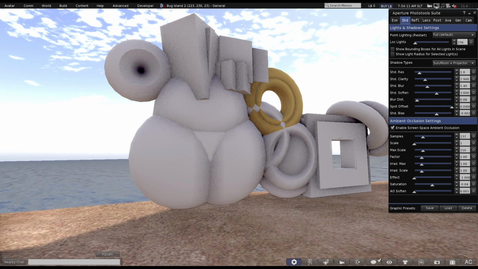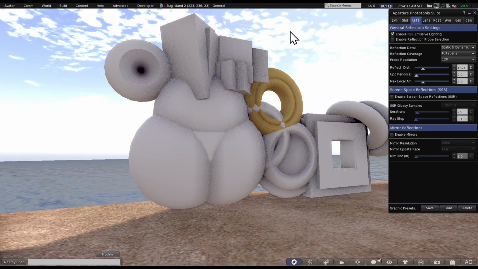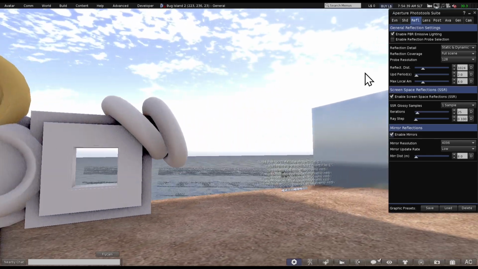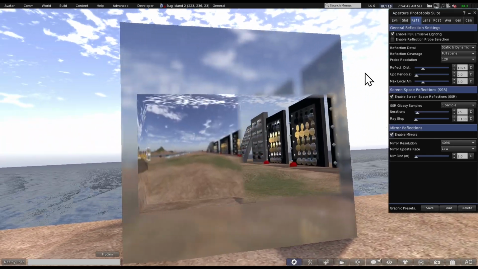Okay, so let's move on now to the Reflections tab. The Reflections tab is all about how surfaces in your scene reflect their surroundings. This includes reflection probes for PBR materials, screen space reflections, and traditional mirrors. And I'm going to go ahead and turn all of those features on now. And I'm going to go over to this neat little handy